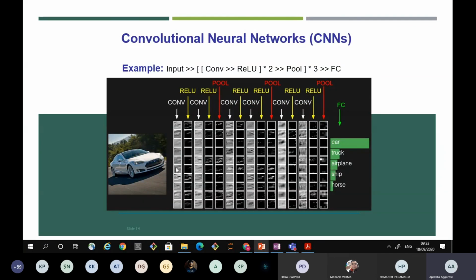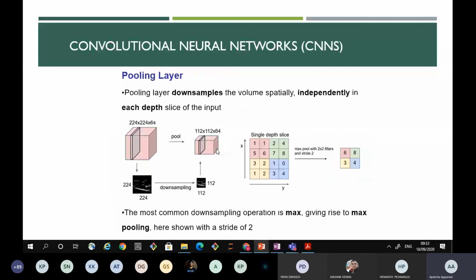So we are doing convolution, then applying ReLU, then a convolution layer, then a ReLU layer, and then a pooling layer. Pooling is nothing but reducing the size of your image. So this is your original image. Pooling is basically applying a 2x2 filter. Let's say max pool you are applying. So in this pink portion over here, the maximum value is 6. So you will write 6. So basically identifying the feature.